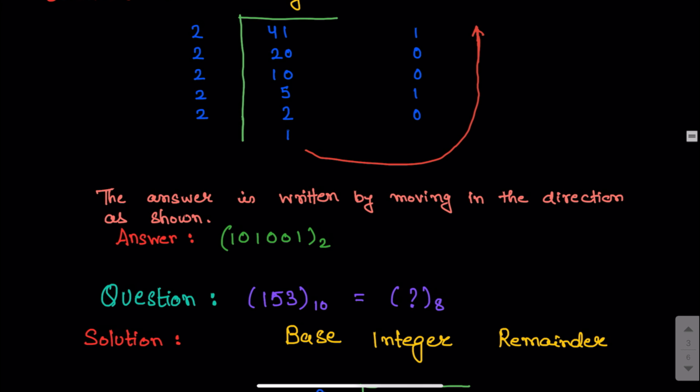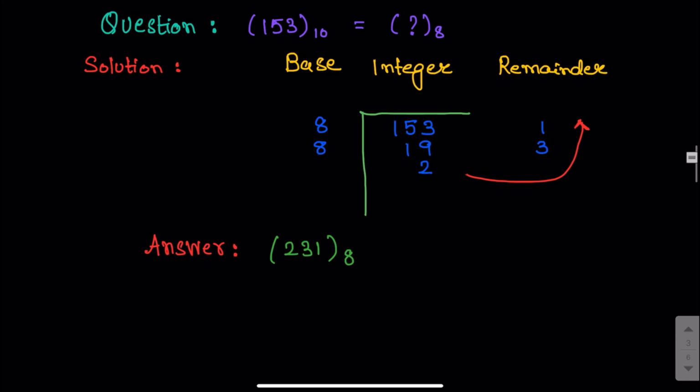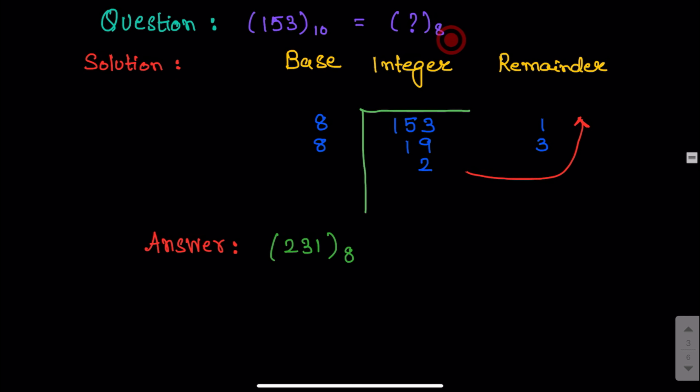Let's get back. So in this way I can convert, and let's see now I want to convert a decimal number to octal base. So the same procedure, you just write the number that is given to be converted over here, and then the base, you will divide this number by the base, and I know 8 into 19 is 152. I am left with 1 as the remainder. Then 8 2s is 16 and I am left with 3 as the remainder. This quotient that I get is less than the base, and hence I stop. So I get the answer from bottom to top, 231 in octal.